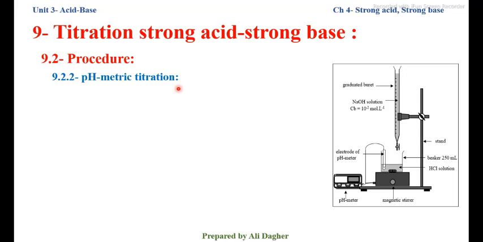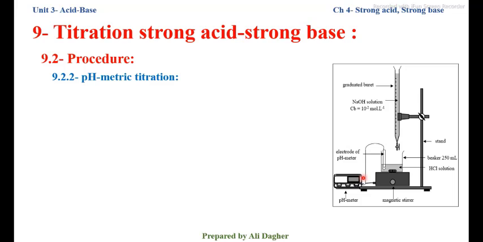This is the setup of pH metric titration. The same setup: graduated burette filled with sodium hydroxide solution, beaker containing hydrochloric acid solution, magnetic stirrer, magnet. But now we use a pH meter to measure the pH of the solution during the titration. We put the electrode of the pH meter in the solution to measure the pH at each step